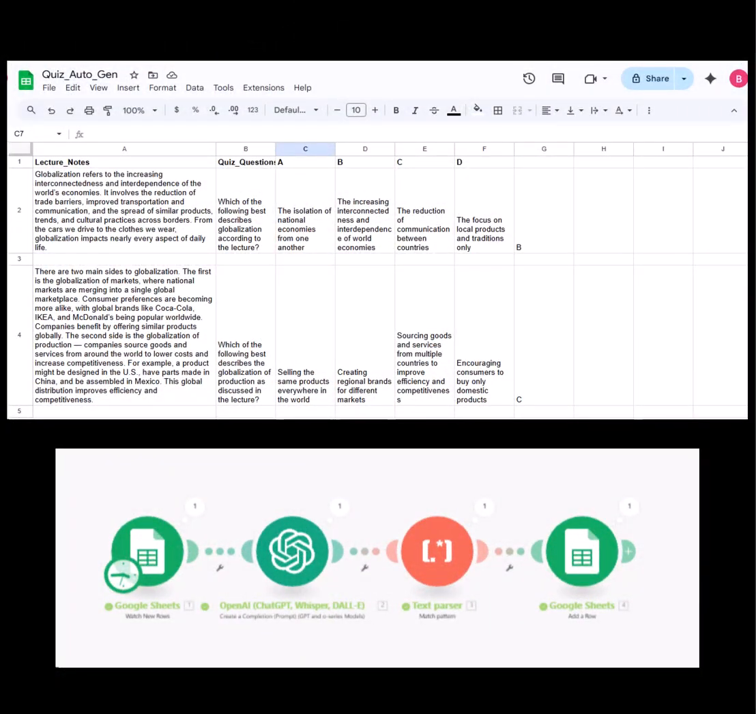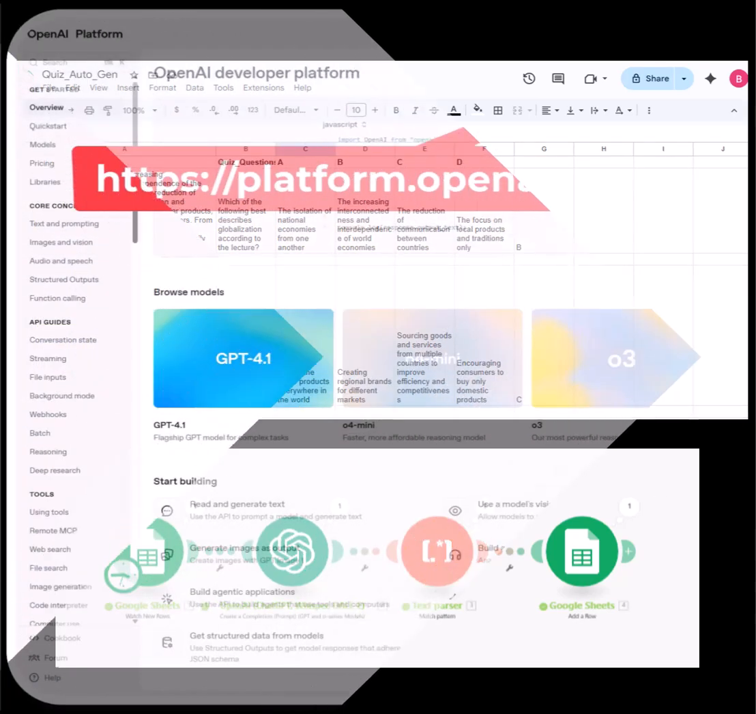Let's walk through how to create a simple AI agent that reads lecture notes and turns them into quiz questions automatically. We'll be using Make.com, a no-code automation tool, and connecting it to Google Sheets and OpenAI. You'll just need three things: a Google Sheet with your lecture notes, a free Make.com account, and an OpenAI API key to access ChatGPT. For this part, go to